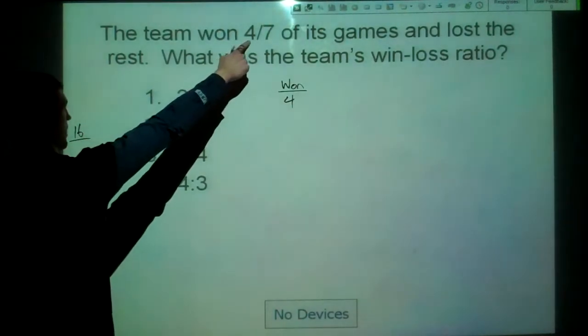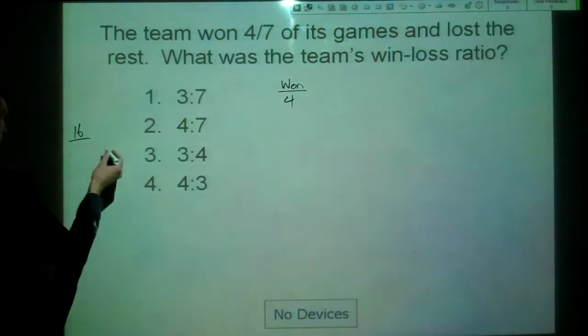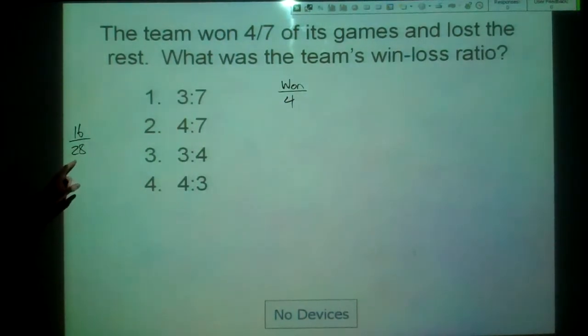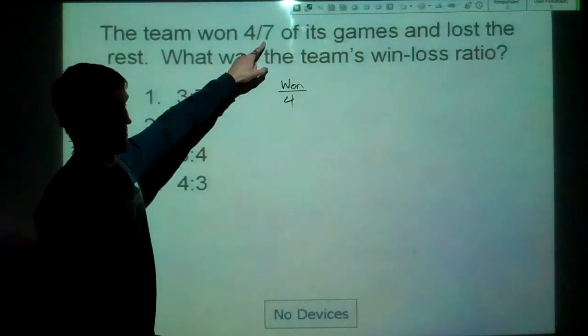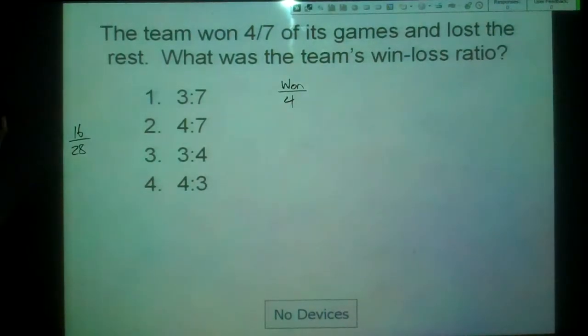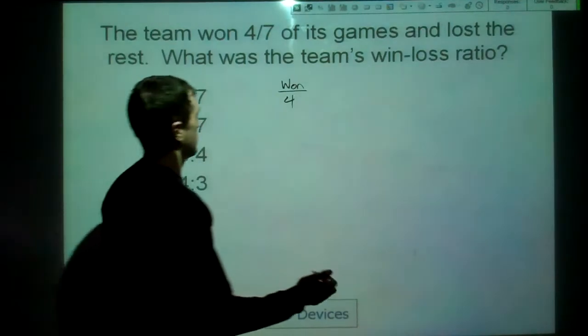That would be 4 times 4 and 7 times 4. So they could have played 28 games total. We're not sure what they played. All I know is that this reduces to 4/7, and I know that when we're talking in the ratio form, this is the total right here. So we do know that as far as the ratio goes,